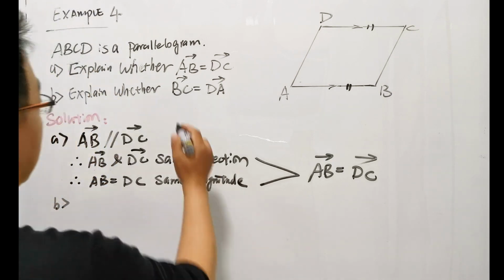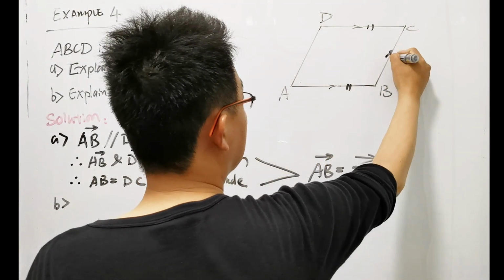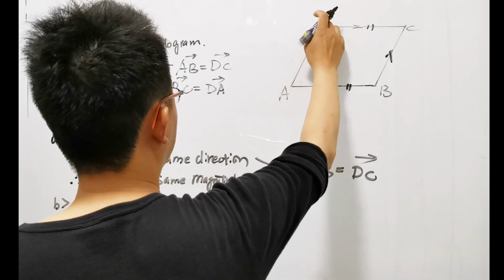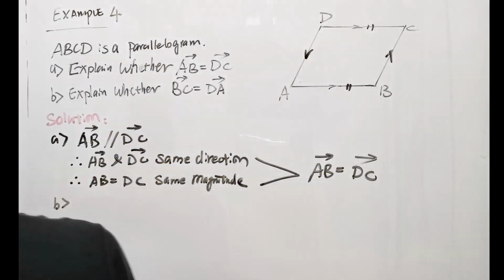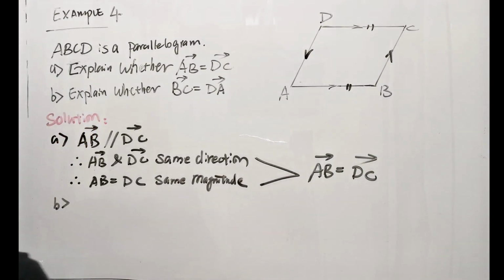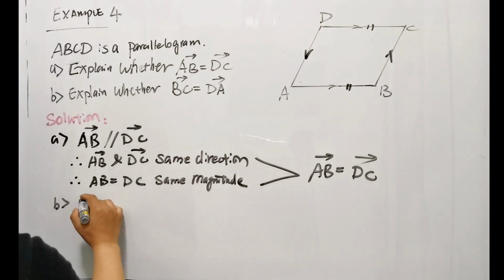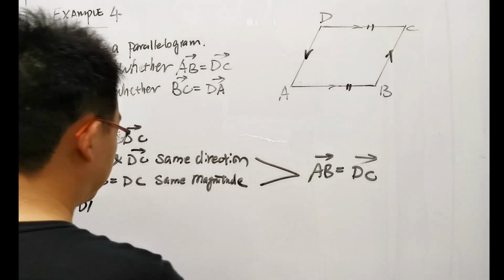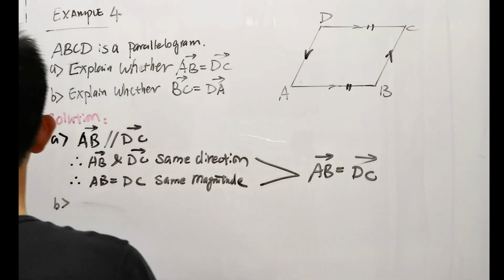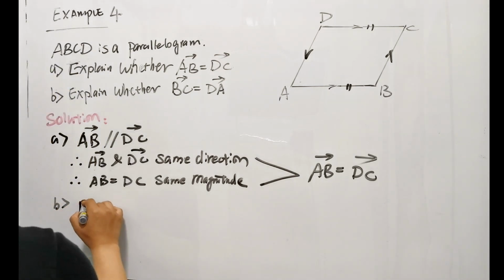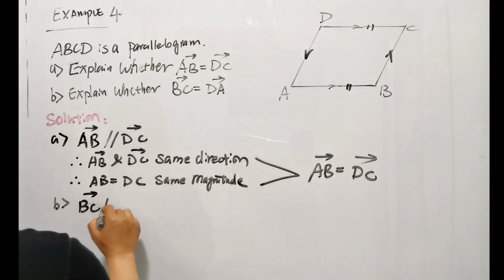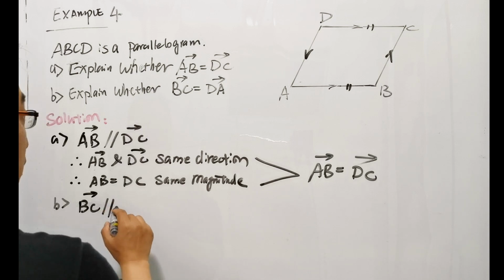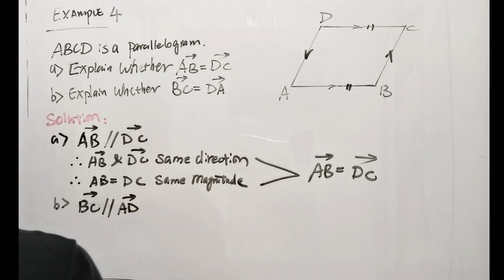Basically we're talking about BC, from B to C, and then from D to A. In this direction, we can easily find out that because in the parallelogram, BC is parallel to AD, right? However, AD